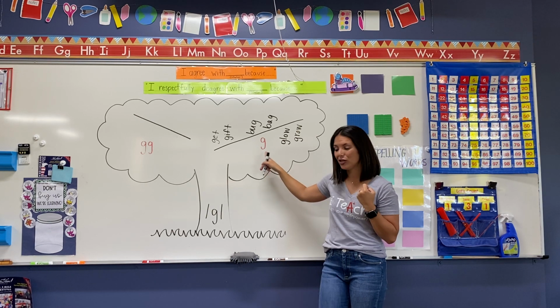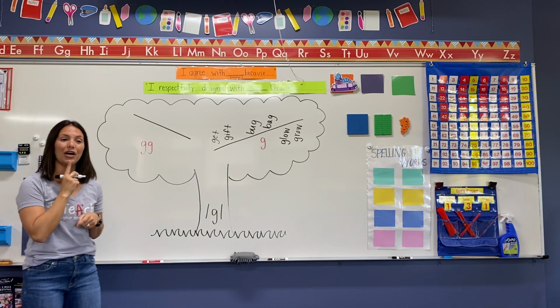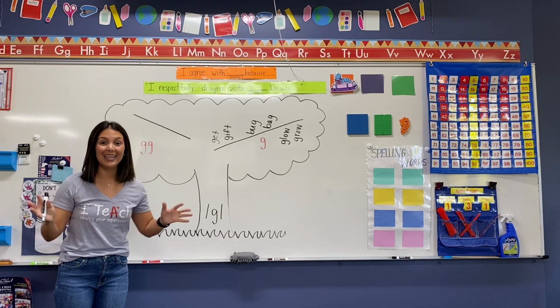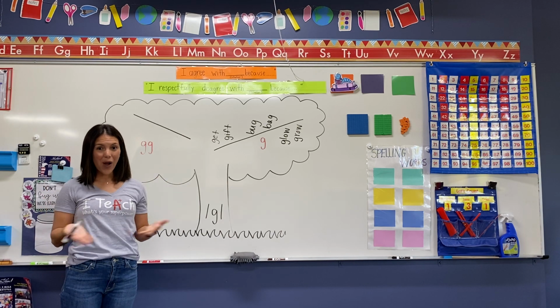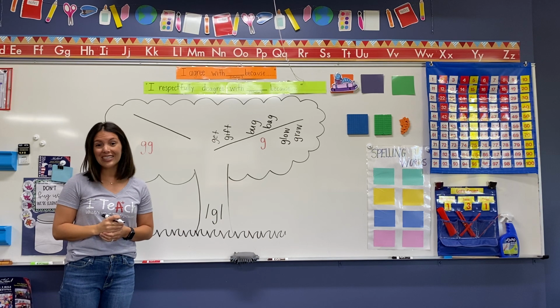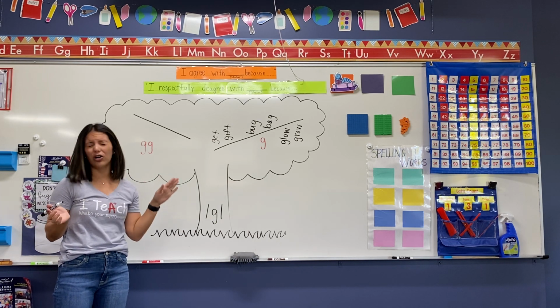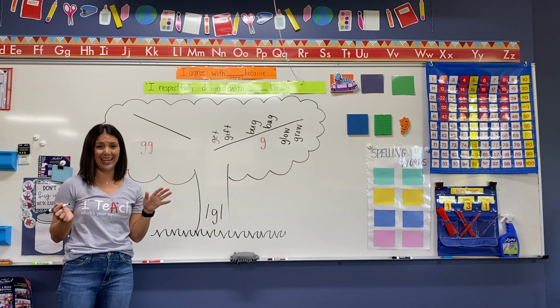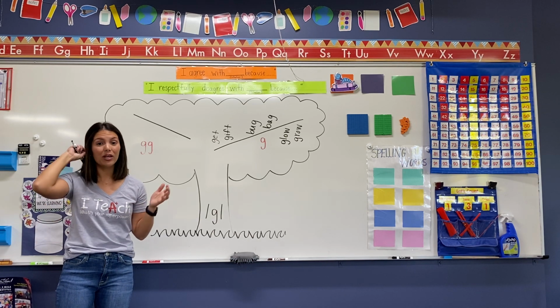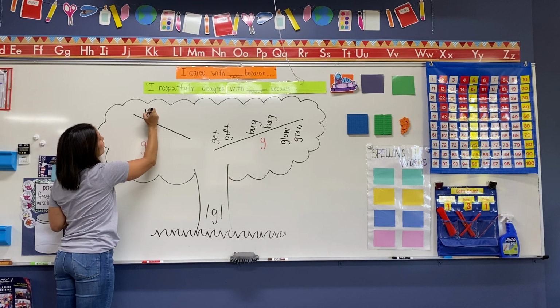Now let's move over to GG for the sound G. Now I want you to think back of our yes, yes, yes rule. When do we double that letter? It's going to be the same, right? So it is never going to be used at the beginning, and it's used in doubling situations. Like, remember, let's have the word